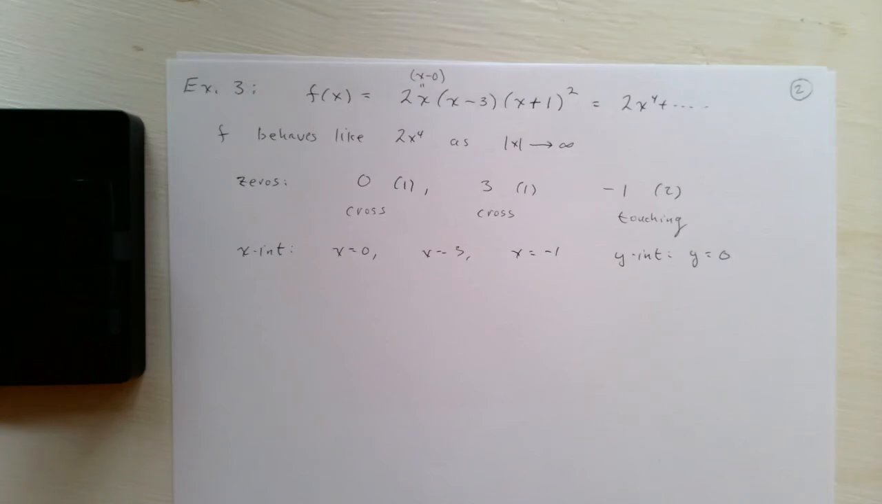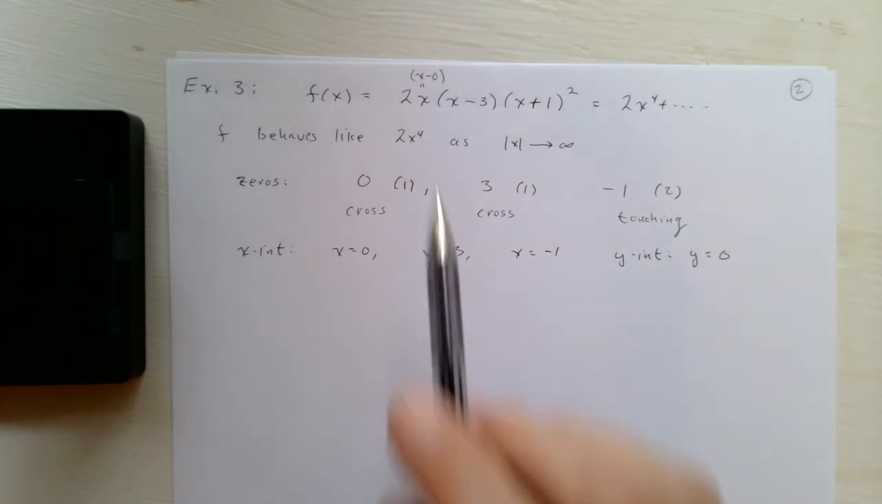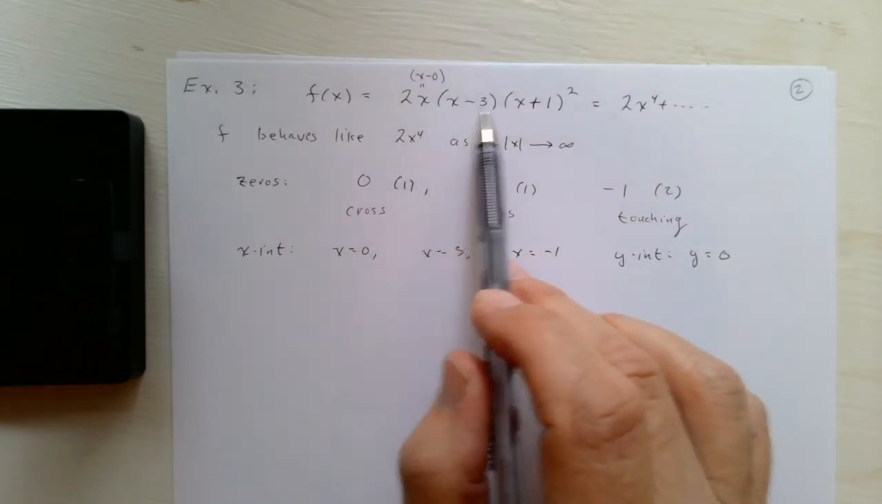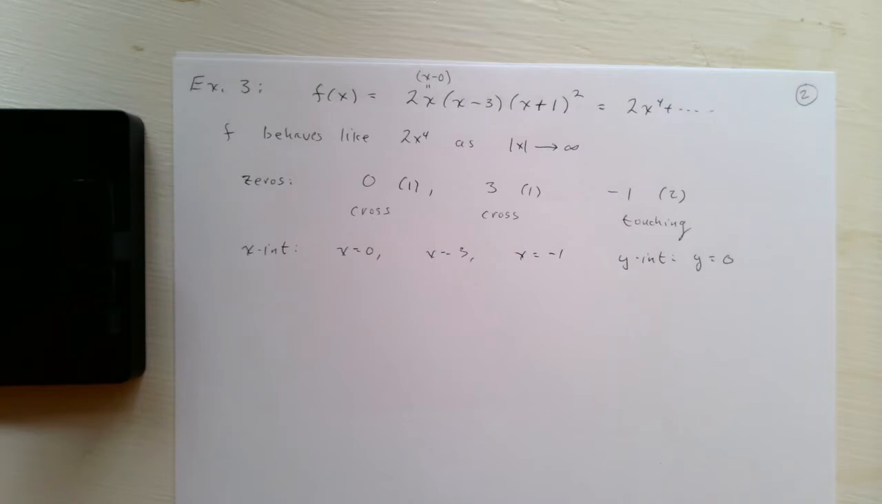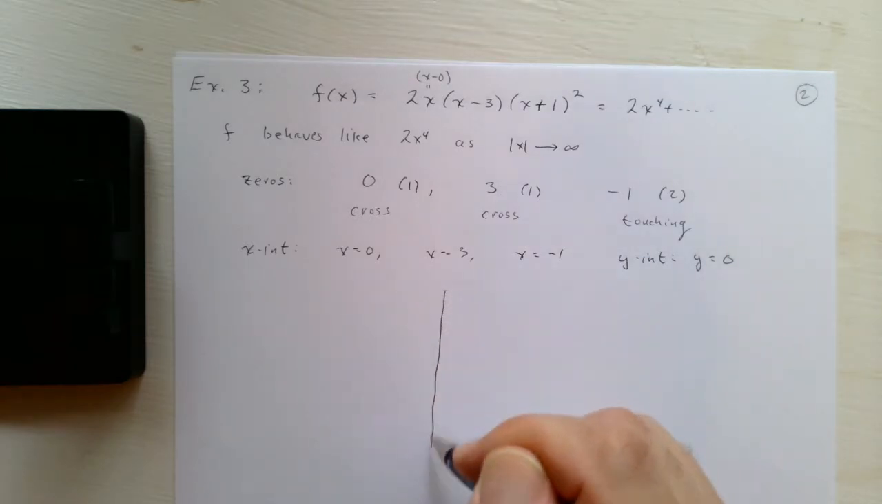Right, you get 2 times 0 times -3 times 1. So that's 0. Right? All right, so then if we graph this,